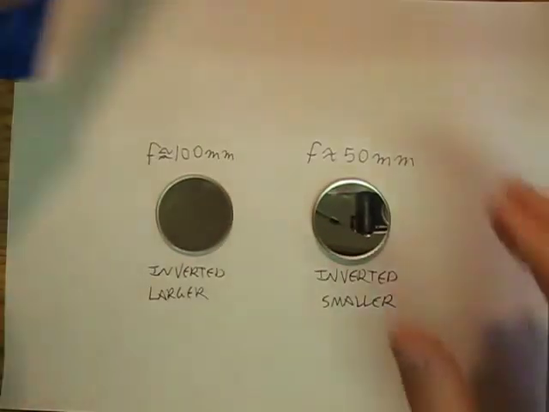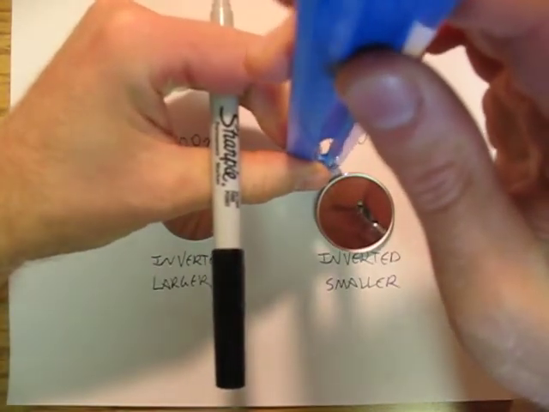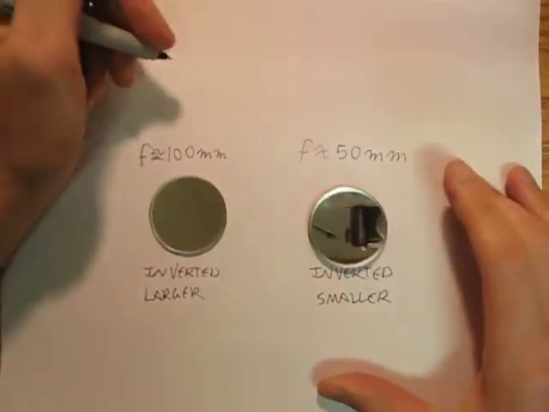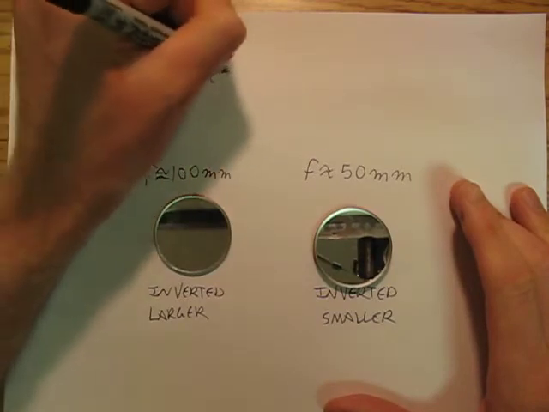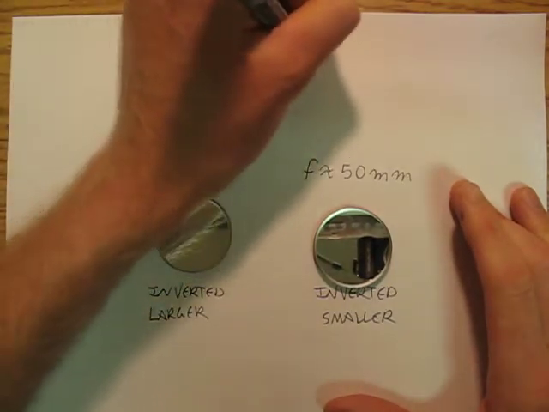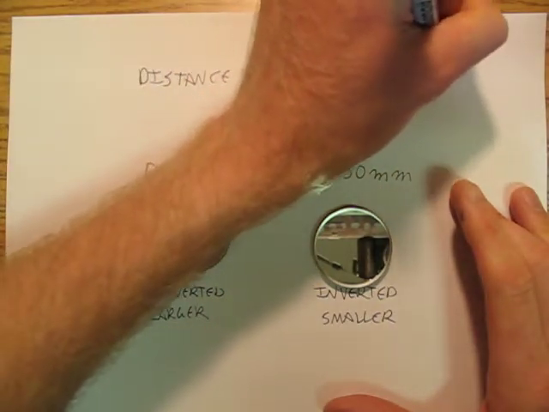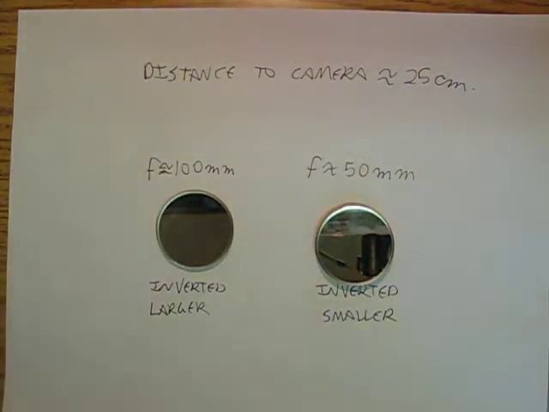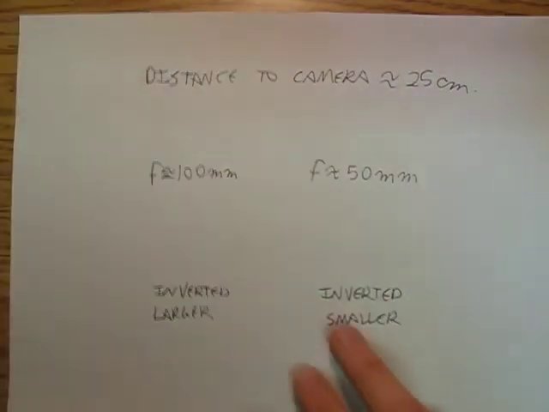And I'm just going to measure right now. I'm going to say that the distance from the paper to the camera is about 25 centimeters. Okay, so roughly what we have is